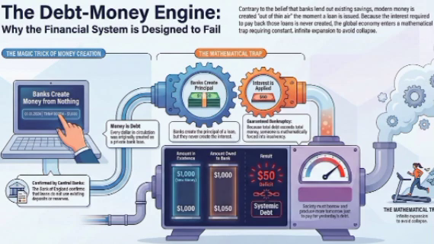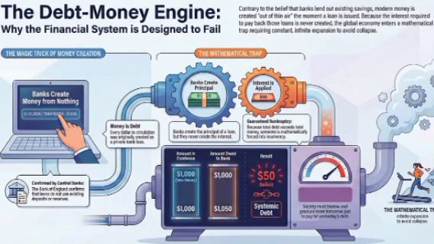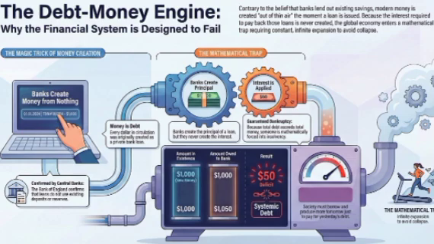Break it down. If we look closely at the accounting of that transaction, the bank created the $1,000 principal. Yeah. But the bank never created the $50 for the interest. Okay, let me just process the math on that. The bank only expanded the money supply by $1,000, but the contract legally demands $1,050 back. Yes. That extra $50 literally does not exist in the money supply from that transaction. It does not exist. They created the exact amount of the loan, but they demand back more liquidity than they introduced into the system. So the money required to pay the interest was never typed into existence in the first place. Never.